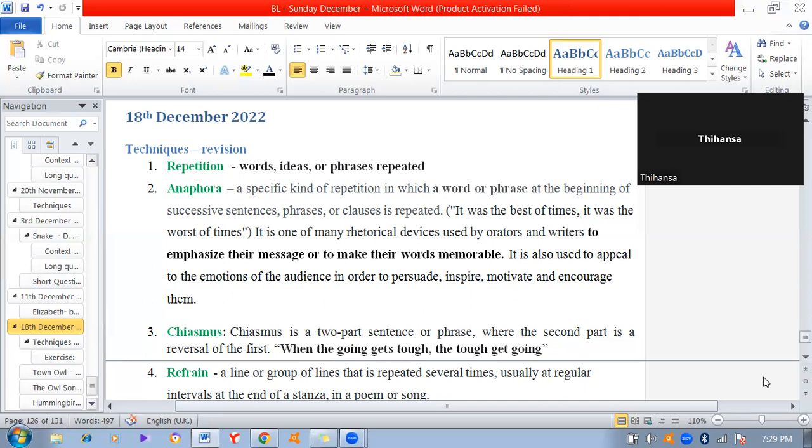Then the second one is anaphora. Anaphora is a specific kind of repetition in which a word or a phrase at the beginning of successive sentences or phrases or clauses are repeated. So you have a series of sentences, and the first part of the sentence